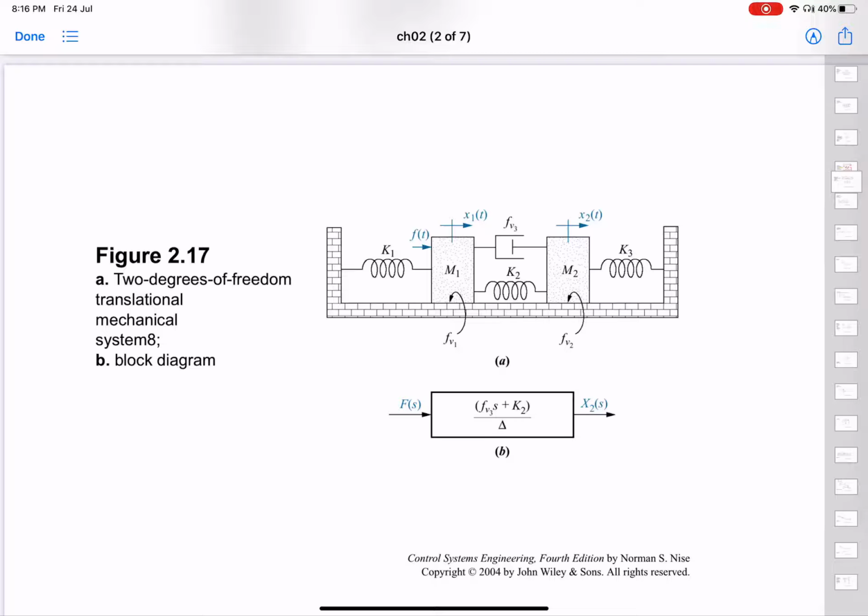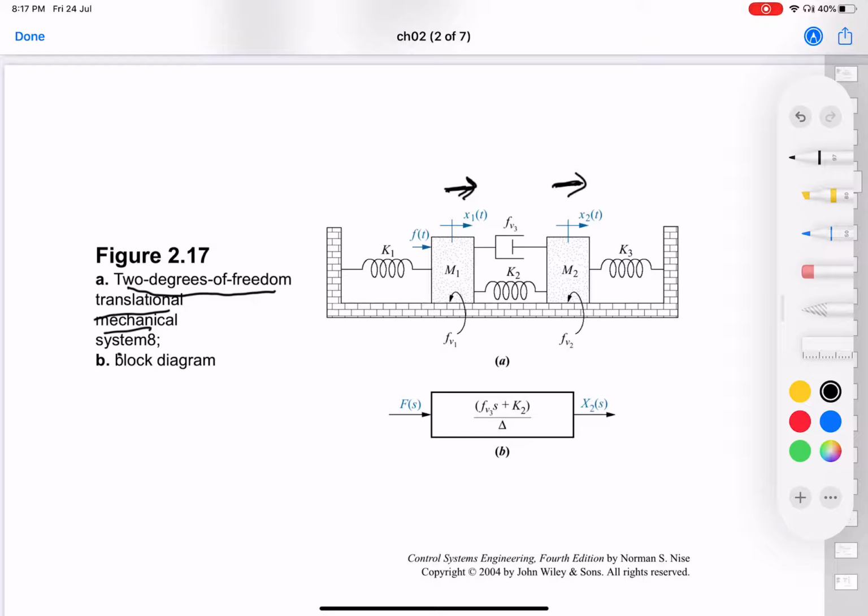So for example, in this case, this is the case in which you have a 2 degrees of freedom translational mechanical system. This slide is from your textbook. Now, why is it a 2 degree of freedom? Because the translation of mass m1 and the translation of mass m2 can exist independent of each other. They are linearly independent of each other. Right? So how do we know that? For example, if you fix one of the masses, we can move the other, right? So if you fix, for example, mass m1 and you assume that x1(t) is equal to